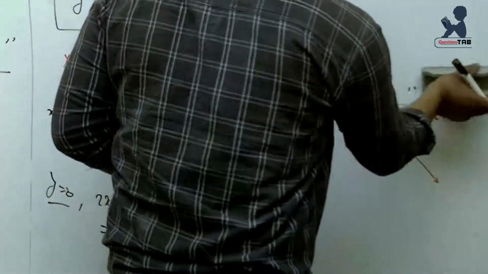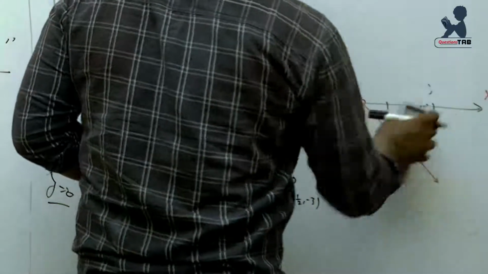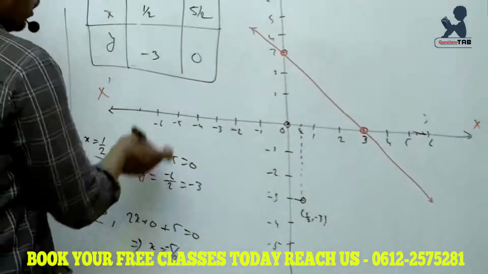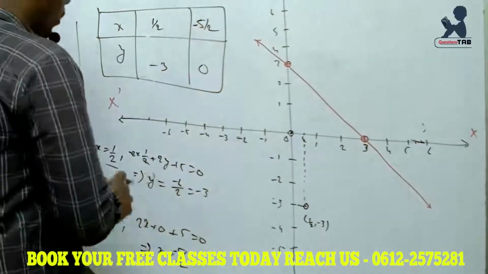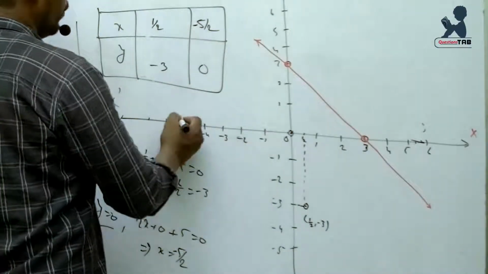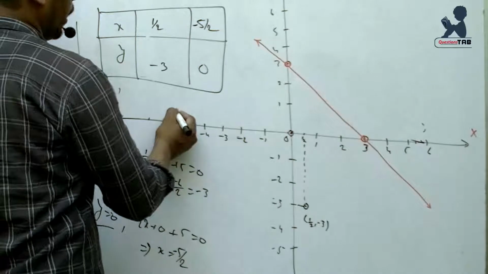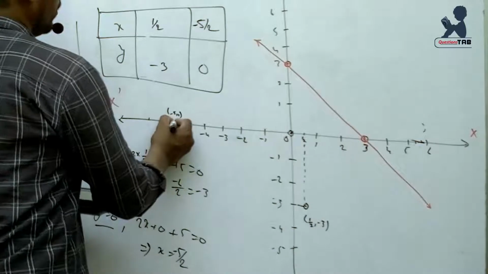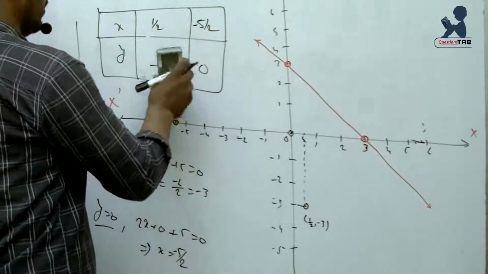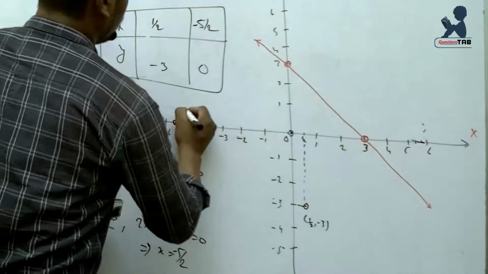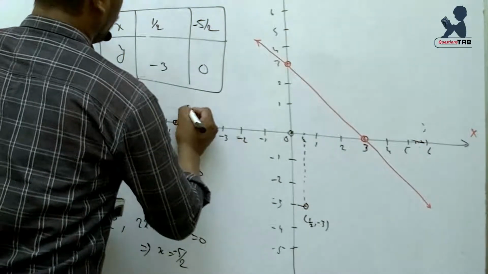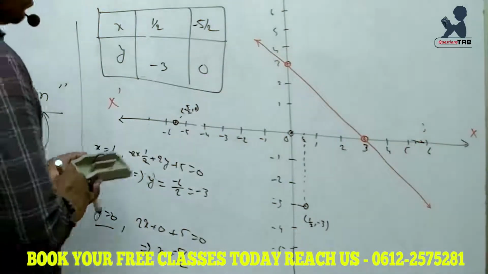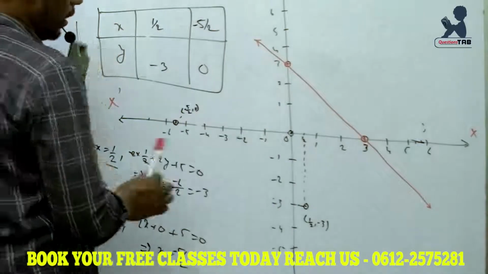So we got points on this side, for it's minus 5 by 2. So for y equals 0, we got our minus 5 by 2. Okay, so this point is minus 5 by 2 and 0. So if we are going to draw this,